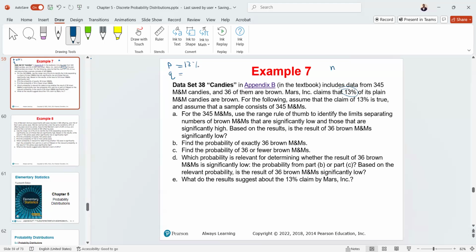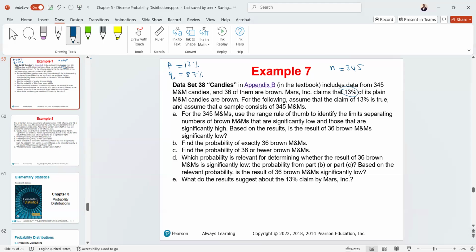If you have 13%, then 87% is the probability of failure. So where is N? Oh my God, N is huge. It's 345. In no way can you do that using a calculator. So what they ask you to do for these 345 M&Ms is use the range rule of thumb